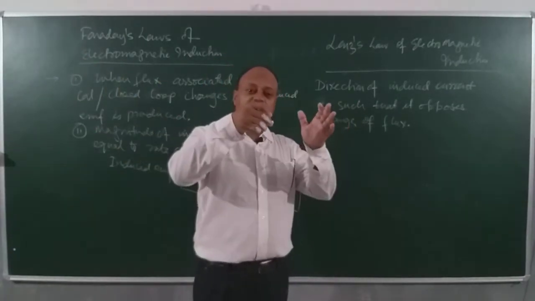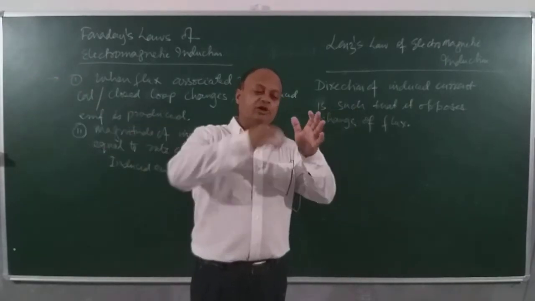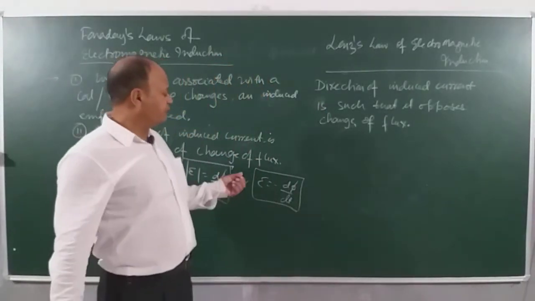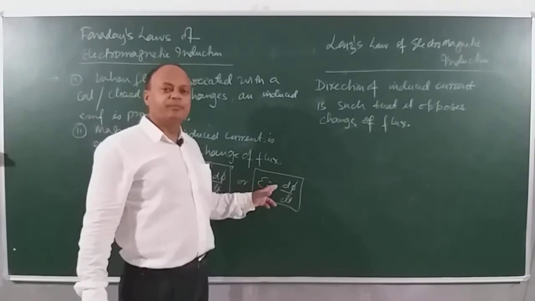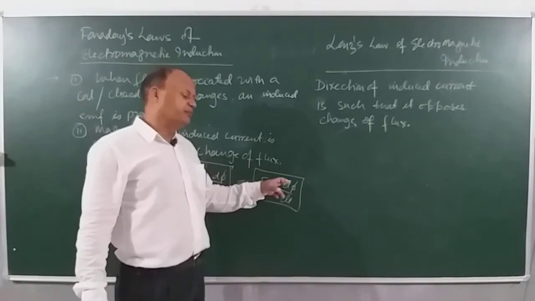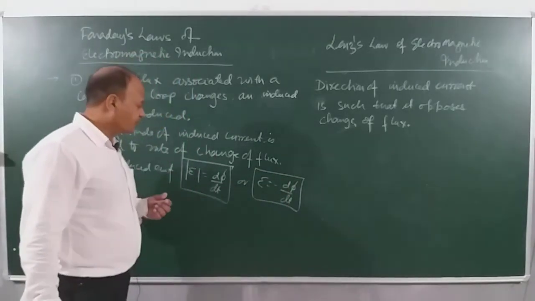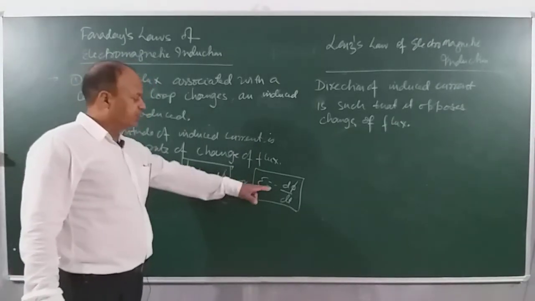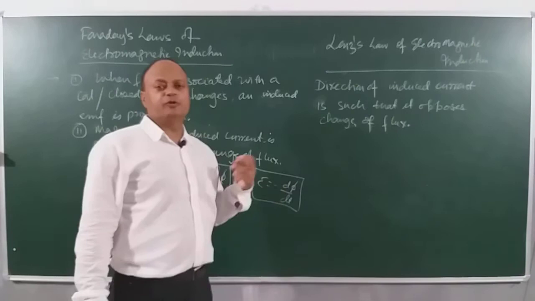Meaning, if the south pole is coming towards it, it will repel it, push it away. And if the south pole is going away from it, it will attract it. Therefore, since the nature of induced current and EMF is to oppose any change in flux, we are putting what? Minus d phi by dt. Meaning, induced EMF will always try to minimize or eliminate the change in flux. Clear? However, if we forego the negative sign, then the magnitude will be d phi by dt. This negative sign in fact relates to Lenz's law. The nature of the induced EMF is to oppose any change in flux.